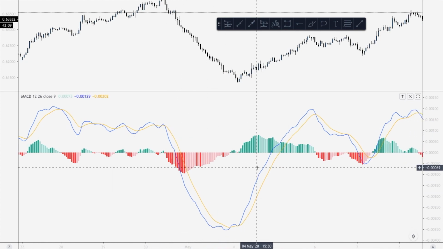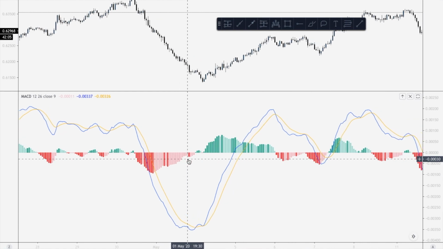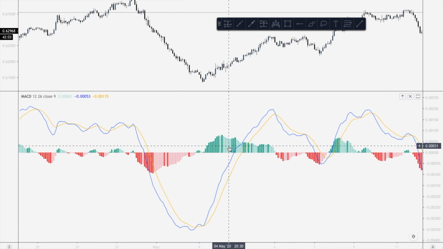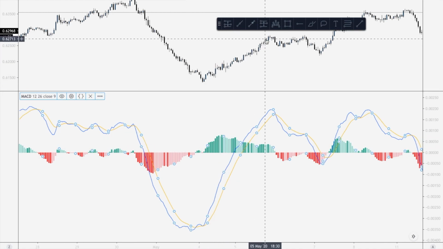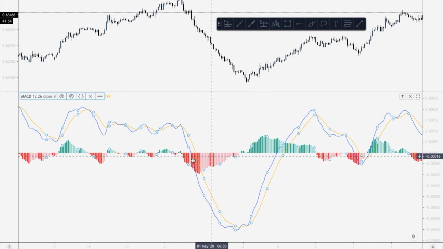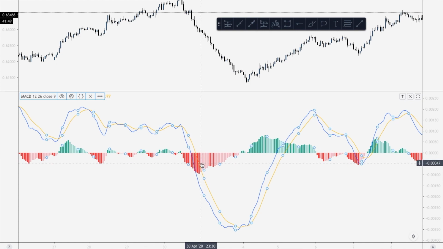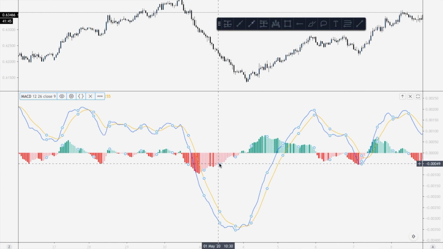This histogram over here gives a signal of confirmed momentum change. That is, when green bars are formed above the baseline, it tells that the buyers have entered the market and gives us a bullish signal. And when the red bars are formed below the baseline, it tells that the momentum is with sellers, or sellers have entered the market and the market is bearish.